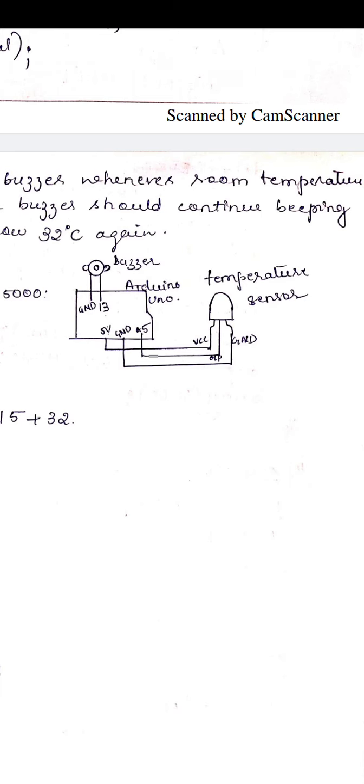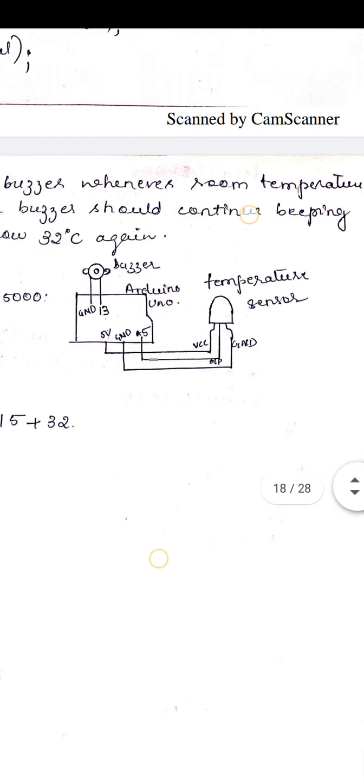So this is how the definition is, and what we are going to do is use a buzzer and a temperature sensor. This buzzer is a device that will make a continuous sound whenever you provide a high voltage. That is, if there is a high voltage, it will make a sound, and if there is no voltage, it will not make any sound. So we need to make a beeping pattern. If you just pass high voltage, it will continuously make sound, which will be unpleasant. So whenever you want to make a buzzer beep, you have to give some high low combination to make a particular pattern so that it will look like a beep.